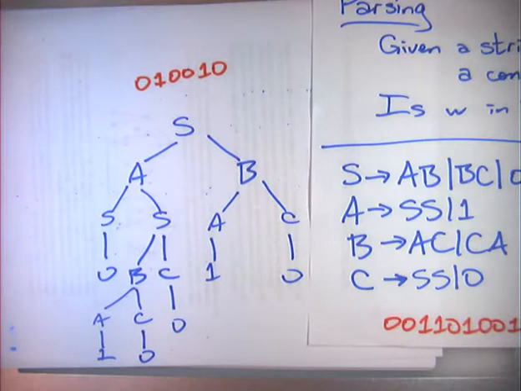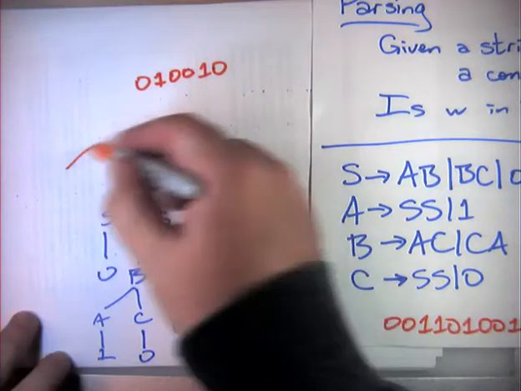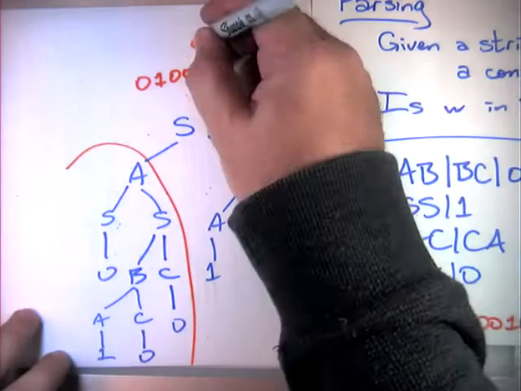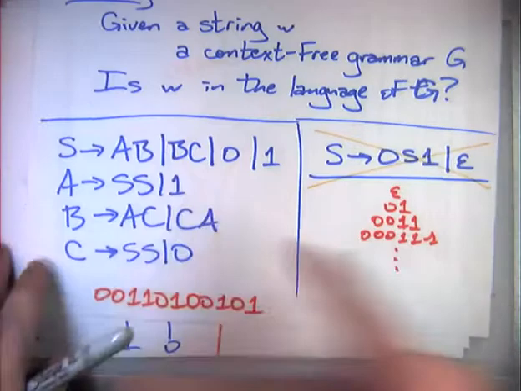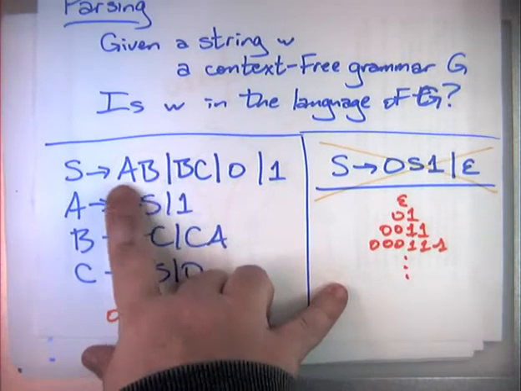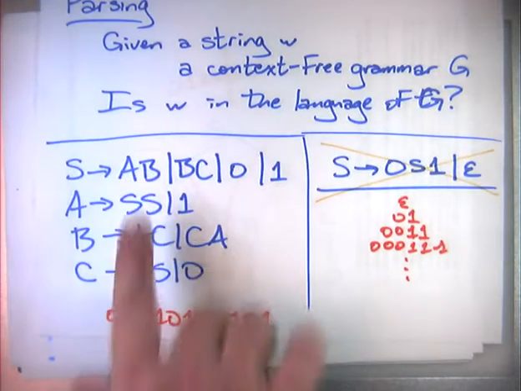Because there are no epsilon productions, in any parse tree that matches the string, the left subtree is going to be a parse tree for a non-empty prefix, and the right subtree is going to be a parse tree for a non-empty suffix. And so whenever I do the recursion here, looking at the subpatterns A and B, I'm recursing